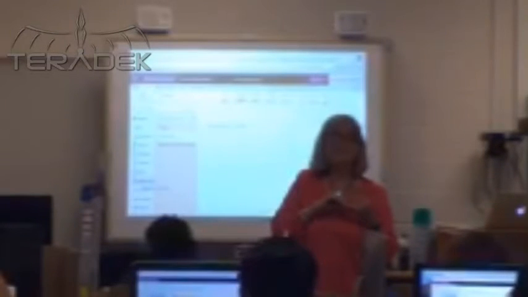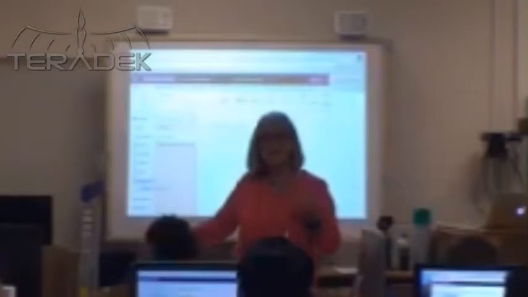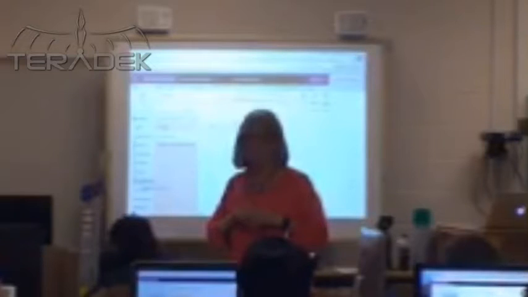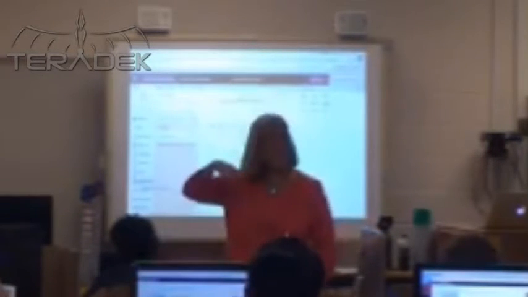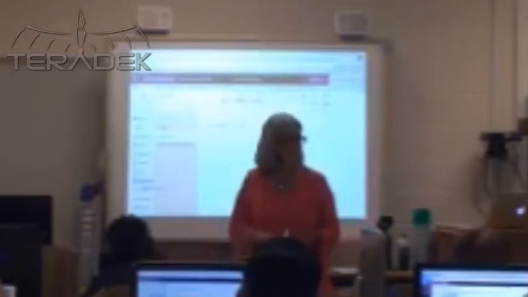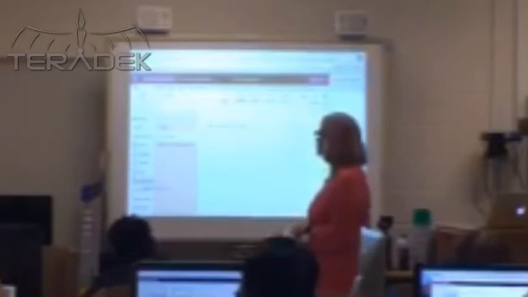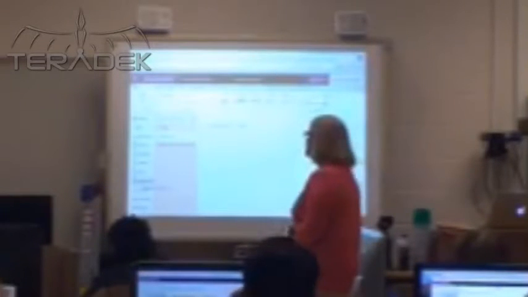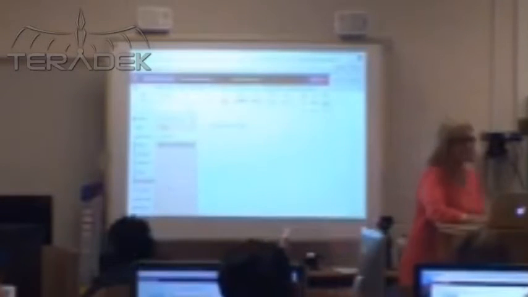When you create Classroom, it's going to automatically make a class notebook for you. So if you're going to use Classroom, start with Classroom and let it automatically make a class notebook. If you're not going to use Classroom, you can just do the class notebook. So here is cities around the world,